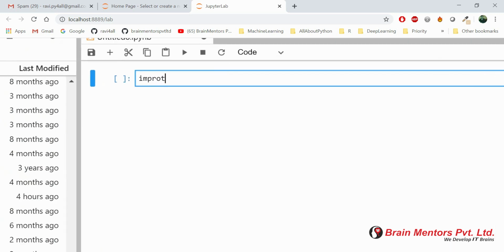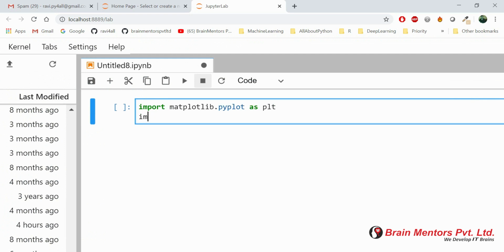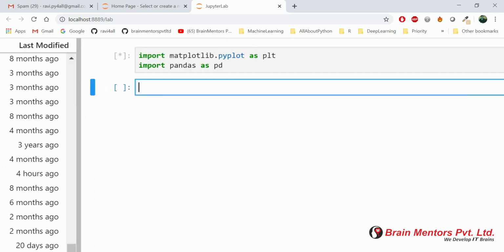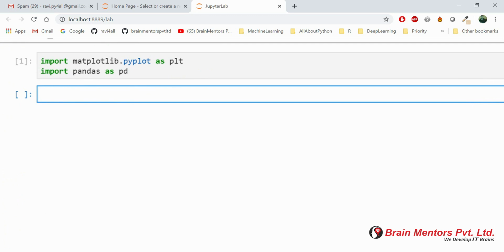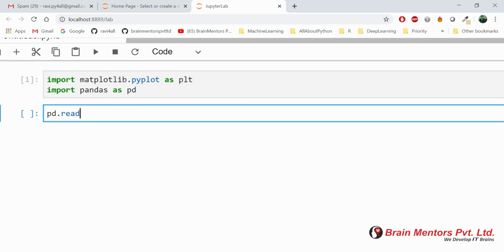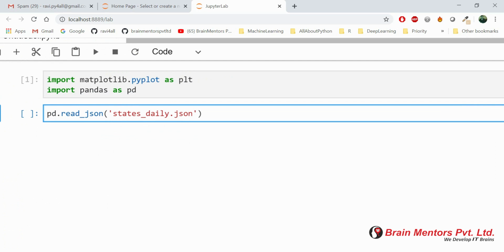So first let's import matplotlib.pyplot as plt, and import pandas to read the data. After that you need to write pd.read_csv, and instead of csv we have the JSON file, and the JSON file is stats_daily.json.